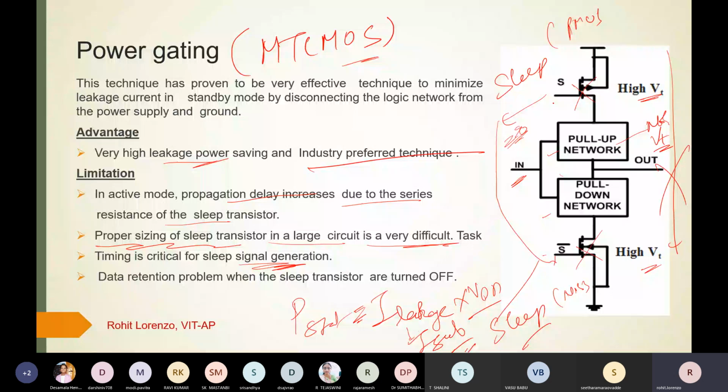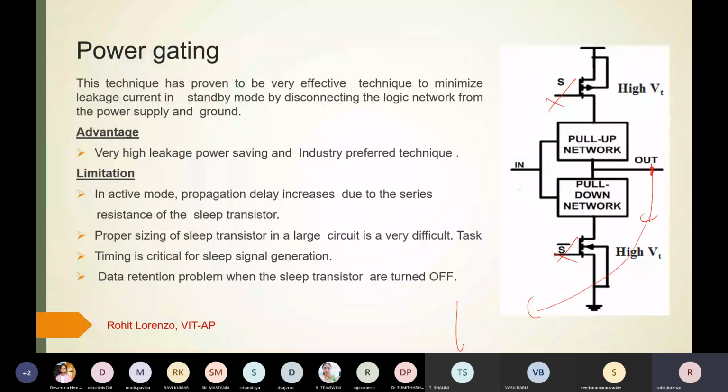What is the data retention problem in this technique? In idle mode, these are cut off. We are not providing input, and the output here is floating. We don't know whether it is